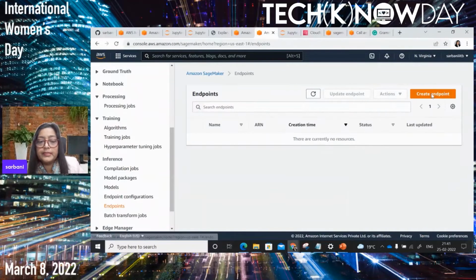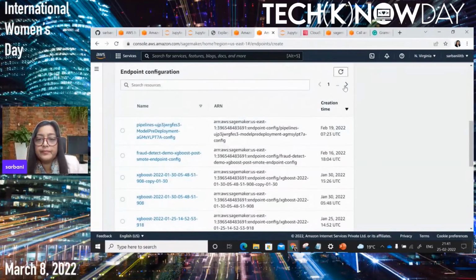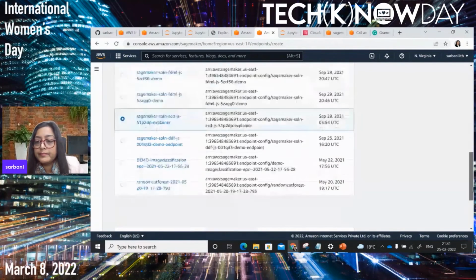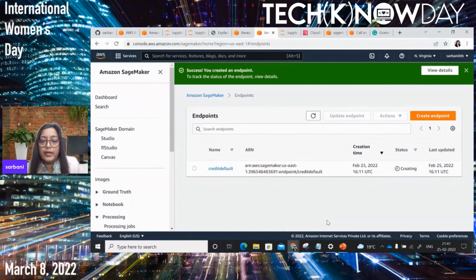Okay, it's not yet created. Then create endpoint. Okay. Now you can see it is in a creating state, and this credit default